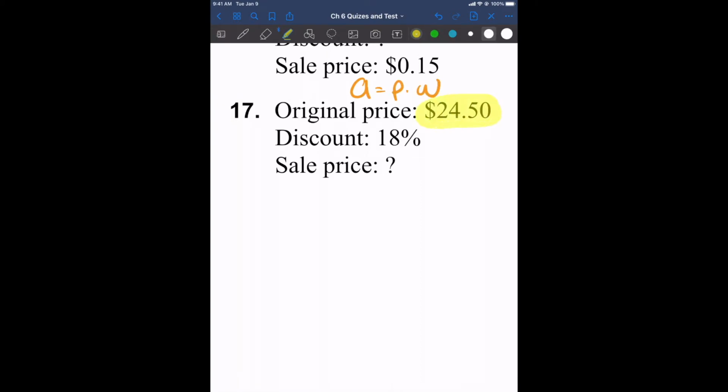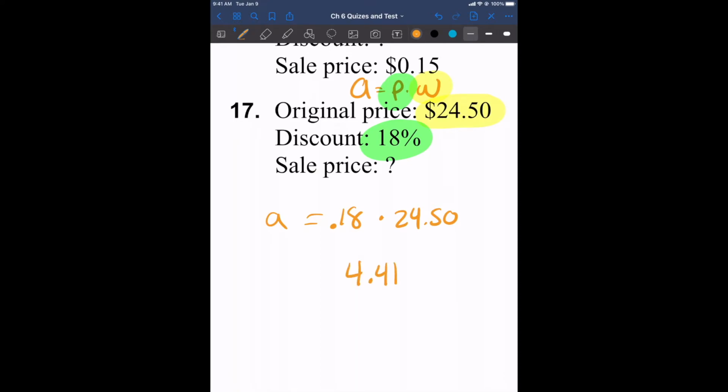I know the original price is W. I know the discount is P. I just got to go find A. Okay? So I'm just going to take 0.18 times 24.50, and that's what's going to get me A, or the sale price. 0.18 times 24.5 is